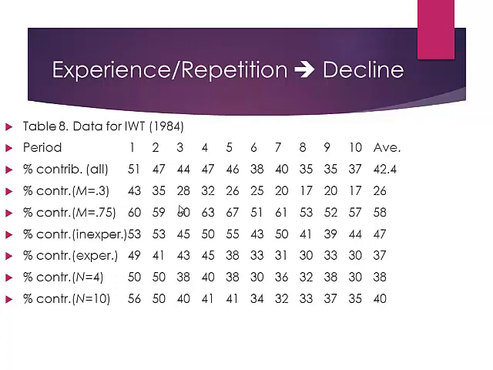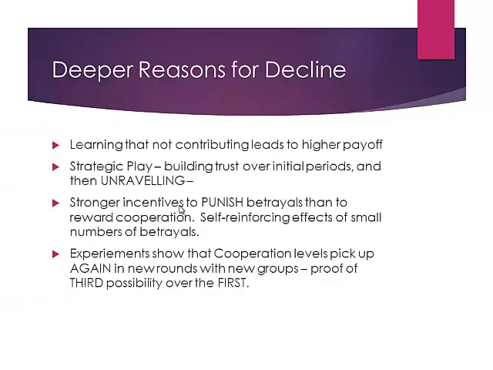What about the group size? The group size doesn't seem to have much effect here. Slightly bigger contribution in bigger group size, but otherwise generally the same. So the major finding is that experience and repetition lead to decline in contributions. This is an overall finding, but this also requires some thought. This is one major issue: the experiment only reveals observed behavior, but to understand something you have to go deeper and look at the reasons for that behavior. And those are never available directly from observations.